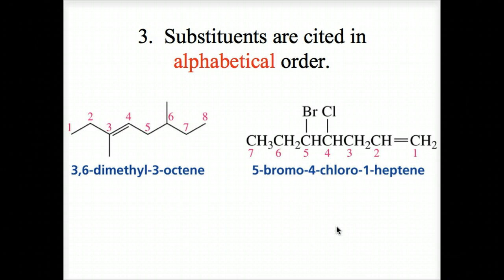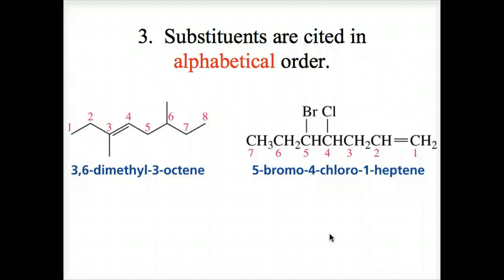Here's the third rule. Substituents are cited in alphabetical order. Notice that in this slide we have the use of di, di, and you want to make sure you remember that the prefixes di, tri, sec, and tert are ignored in alphabetizing, but iso, neo, and cyclo are not ignored. And this will come up again and again, so memorize it. And you remember that sec, tert, neo, cyclo, and iso indicate a particular positioning of the carbon